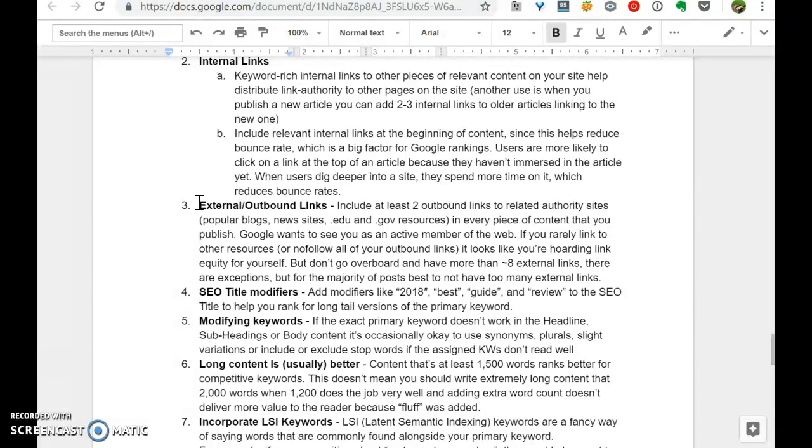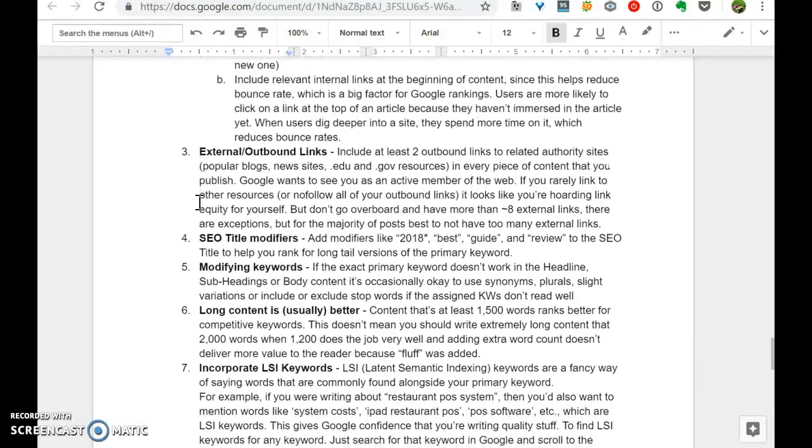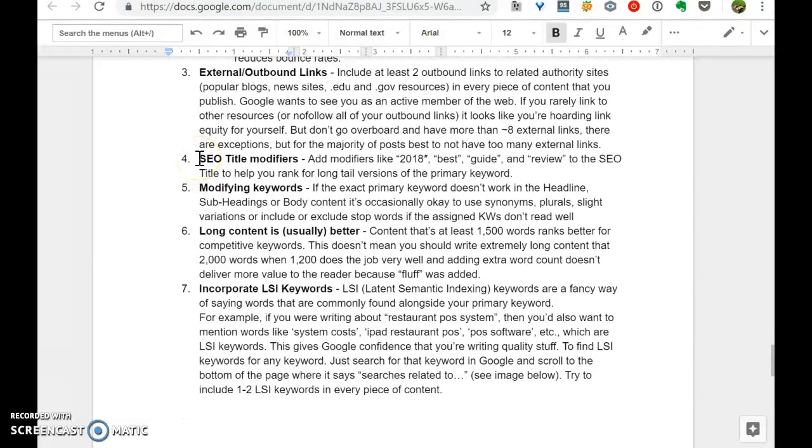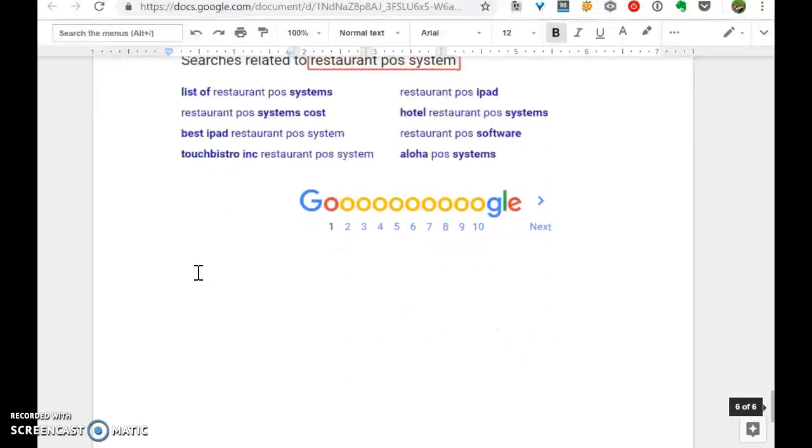Quality pieces of content and quality sites that are authorities link out to other people. It's the reference system. There are also title modifiers, which show how you can modify keywords if needed. Content length is important, and LSI keywords are shown there.